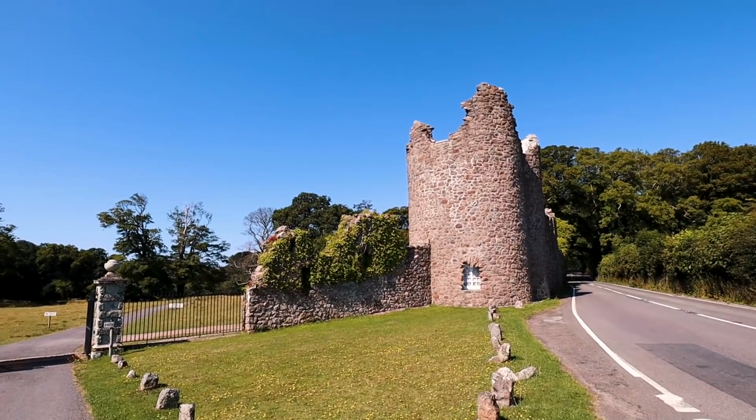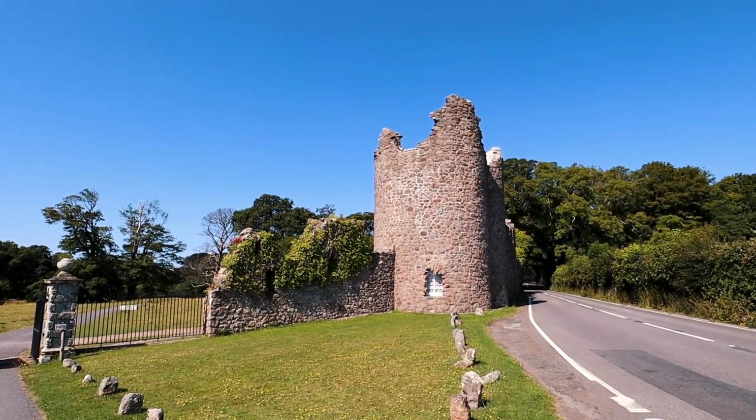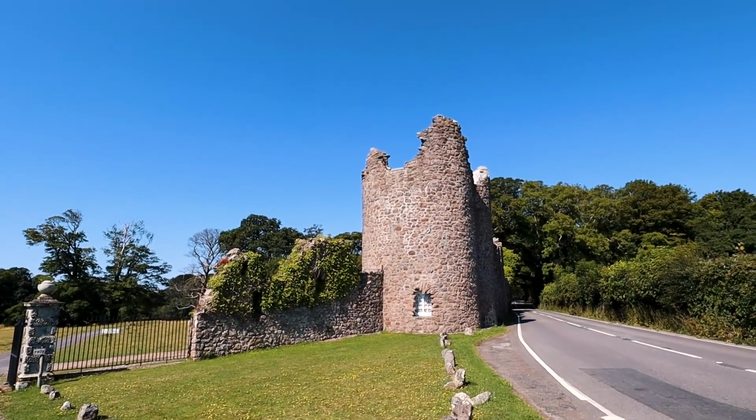Open air. Yeah, the countryside is so pretty, with the wind blowing